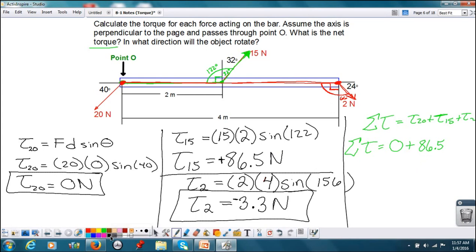Just realized I did my units wrong the whole time. Newton meters, Newton meters, Newton meters. Sorry about that. So it's a positive 86.5 Newton meters because it's going in the counterclockwise direction, plus a negative 3.3 Newton meters because it's going in the clockwise direction. We add all those together,